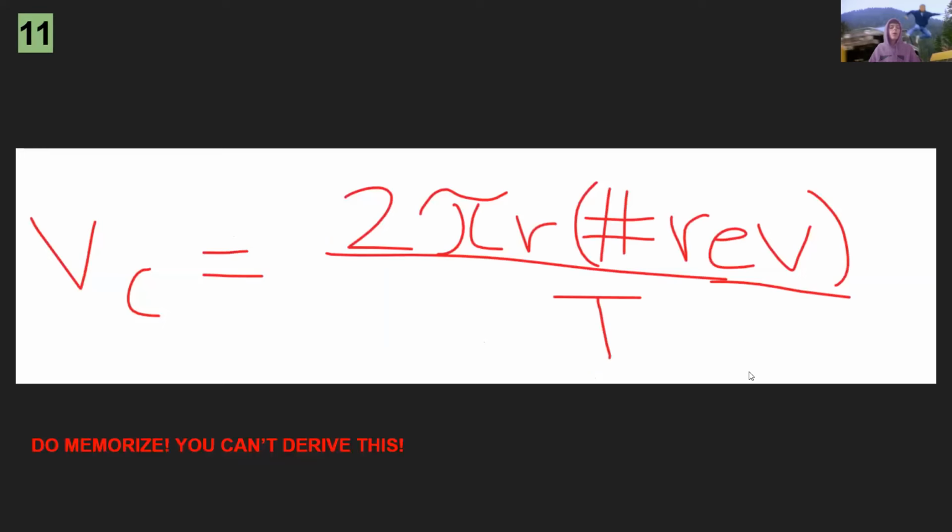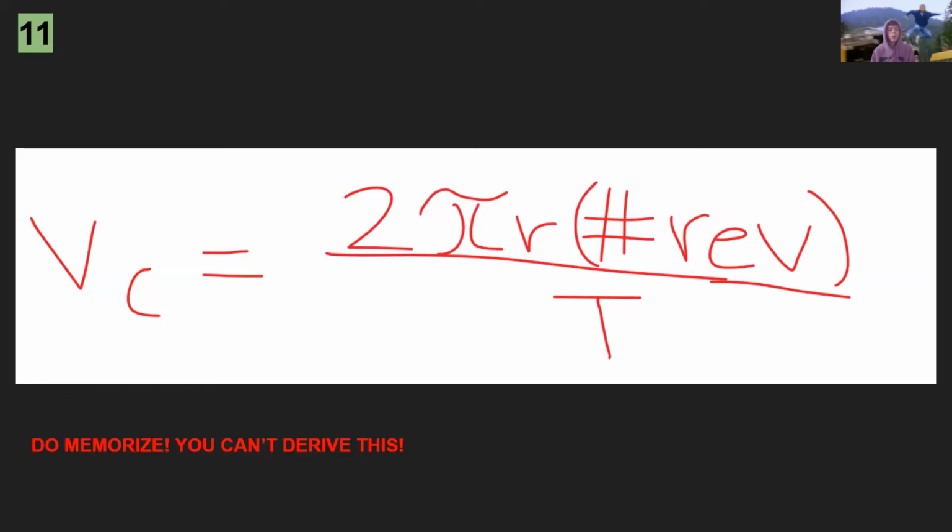Number 11, this one you do need to memorize, and you can't derive this. This is not a very common equation, but it is something that may be useful to know. It's just telling you how to find the velocity for something